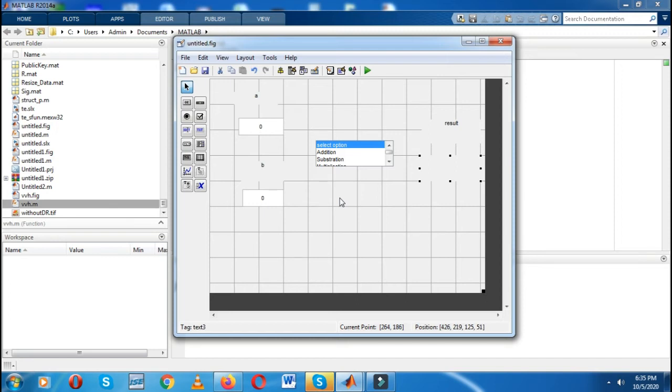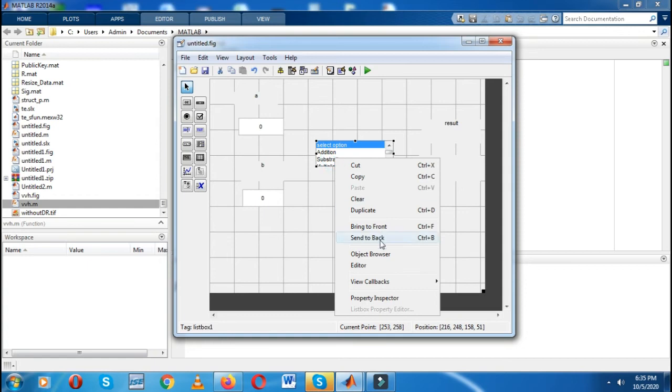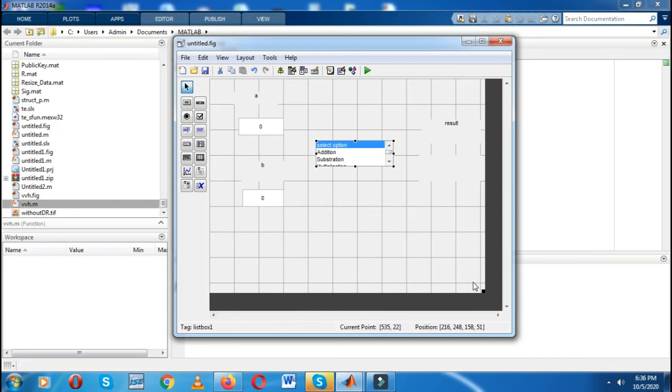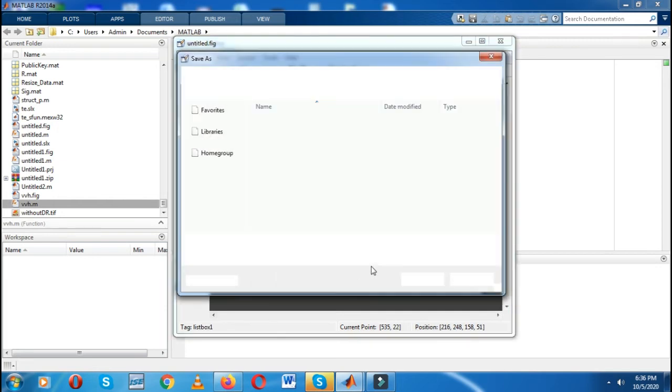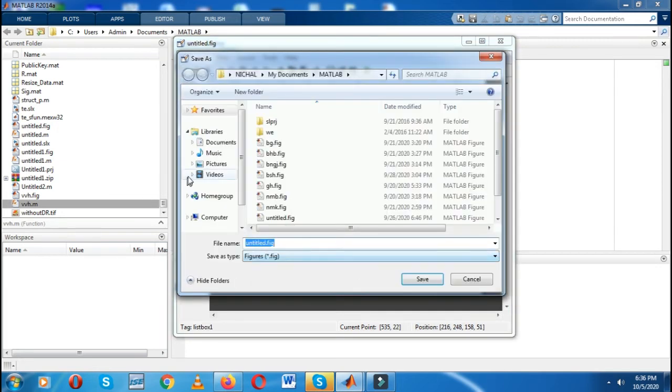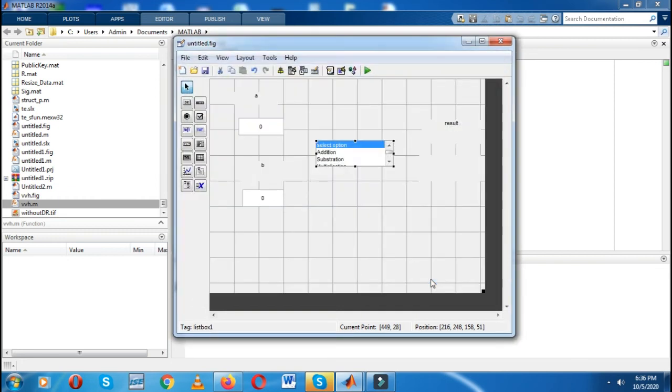Simply go to the list box, then right click and go to the view callbacks option. You have to write a program under that particular list box. First it will ask you to save the file, so you can give a name and just save this file.